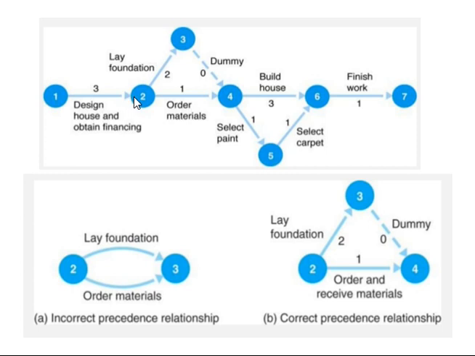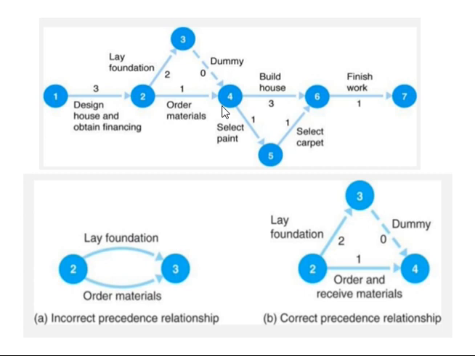The arrow head will be decided as the end point. This will be called the starting point. So this will be the head and this will be the tail portion. These circles within which we have written numbers will be called nodes or events. When representing a project, all the arrows are represented from left to right by a continuous line, but only this portion is a dotted line, which indicates a dummy activity.